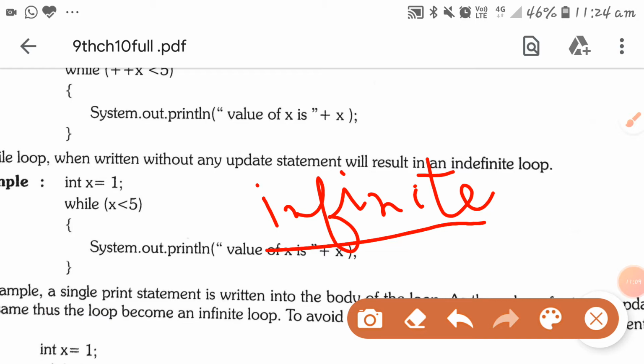For example, the concept will be the same, but the way of asking the question may be in some typical form, so thorough understanding of the chapter is required here. You should understand the concepts, not just cram the answers. An infinite loop is one which never terminates and keeps going on. Like I equal to 1, I equal to 1, I equal to 1 is printed continuously on the monitor, never terminated. So how does it become so when the update statement is missing? I will give you this question as an extra question.